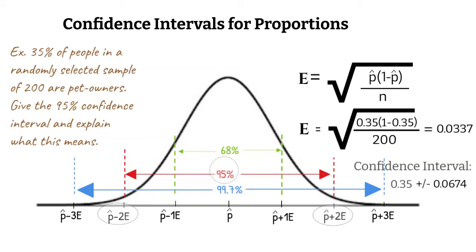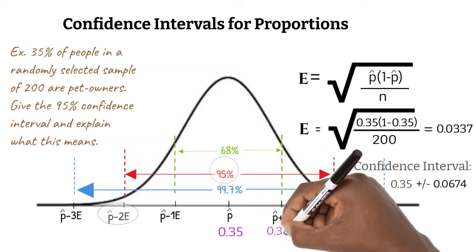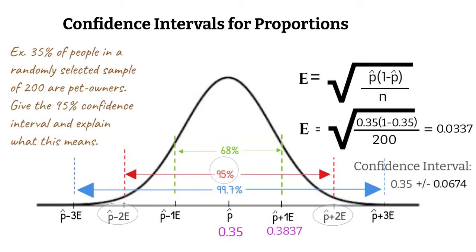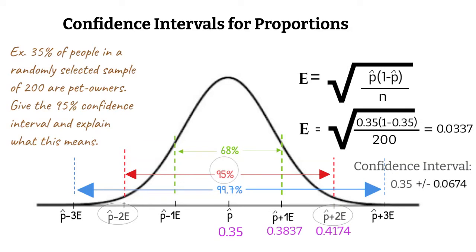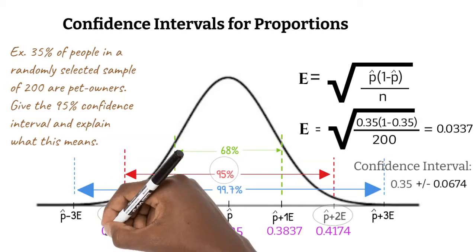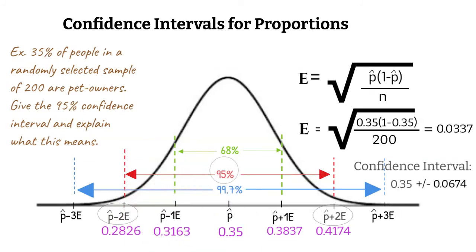0.0674. Let's see this on our curve. Our proportion, 0.35, is in the center. We add one standard error to get 0.3837, then a second standard error to get 0.4174. We take away one standard error to get 0.3163, then a second standard error to get 0.2826. Our confidence interval can also be given as